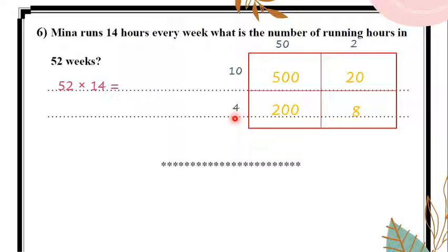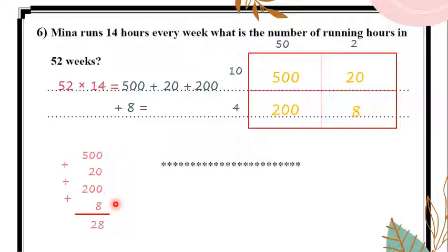Then let's add all these numbers in the area model. So I'm going to add 500 plus 20 plus 200 plus 8. Let's write it in a draft, every digit under its place value. 8 plus 0 equals 8 and 2 plus 0 equals 2. 5 plus 2 equals 7. So the answer is